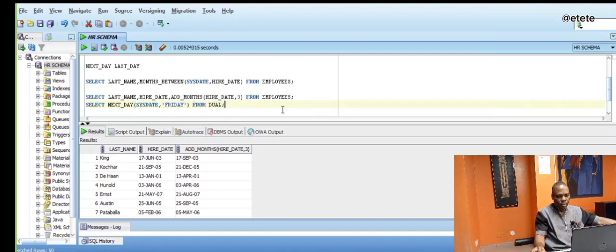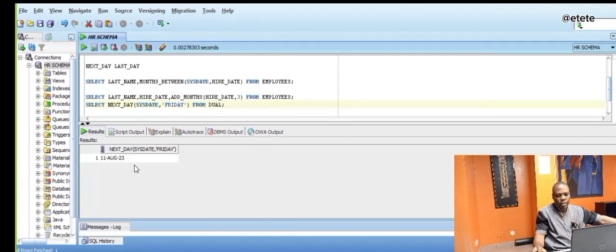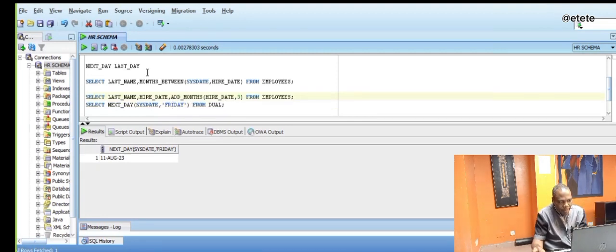What am I saying? What I'm simply saying is that when you look at sysdate, which is today's date, what is the date of the next Friday, counting from this sysdate, right? When I run this, look, I'm just saying what will be the date of Friday. I'm supplying sysdate to it, and then I'm saying what will be the date of Friday, and it gave me. Then last day, if I change this one,